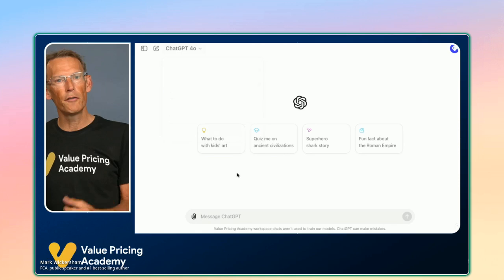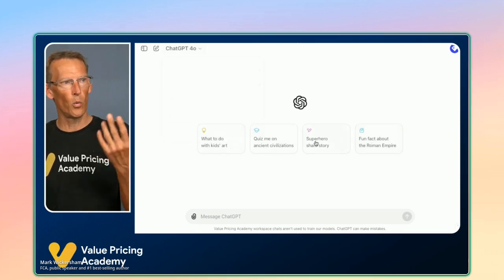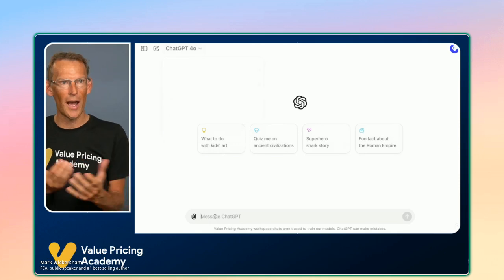You will see when you first open a prompt, it gives you 4 suggested prompts. I can't see the point of this. This is for people who have no idea what to do. Click on one if you want and see what it does. But really, it's where it says message that the magic happens.